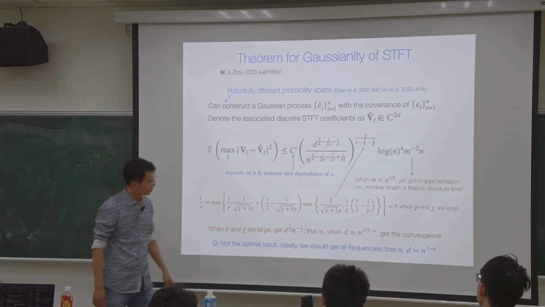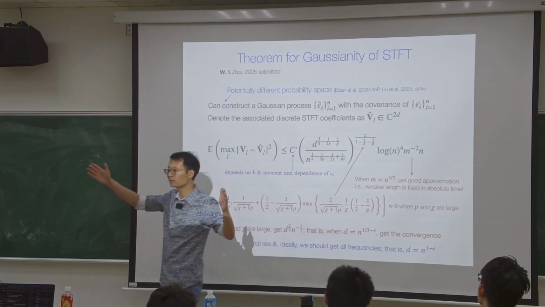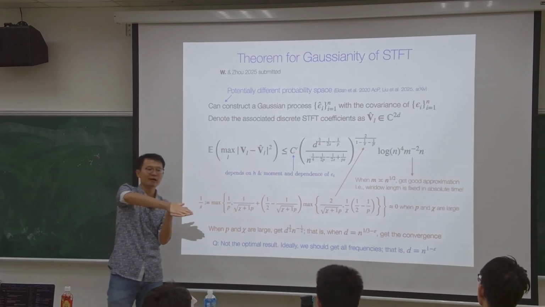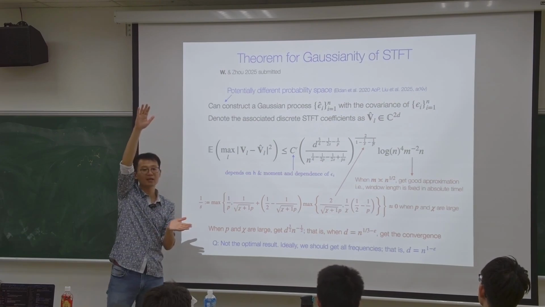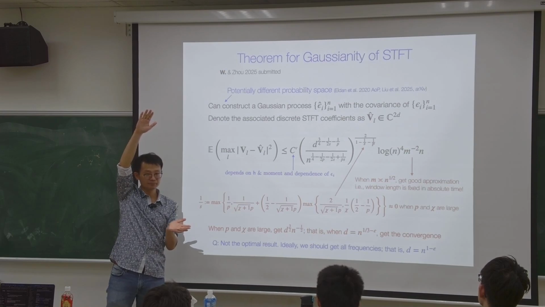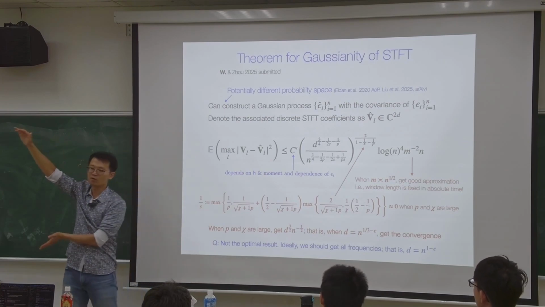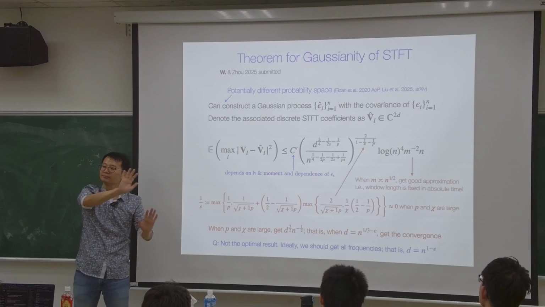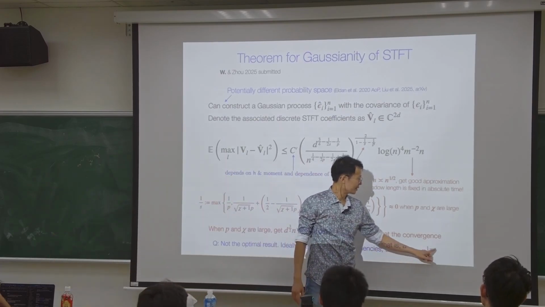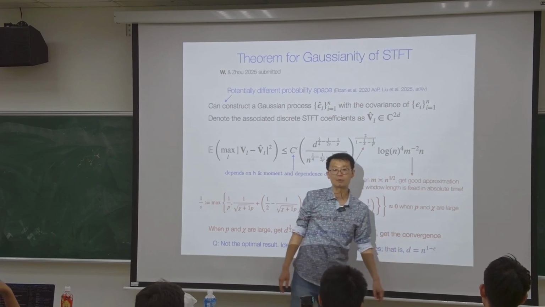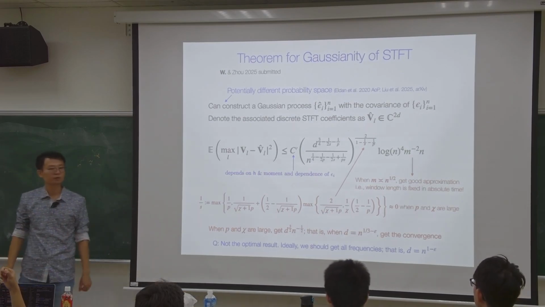But numerically, if you remember, we have n data points, then we can quantify n frequencies, or even dense frequencies like n raised to power 3/2. Numerically, you can say that almost all of them are Gaussian. So at least I hope D to be n raised to power 1 minus epsilon, or even n raised to power 1.5 minus epsilon. That should all be true, but right now I don't know how to prove it.